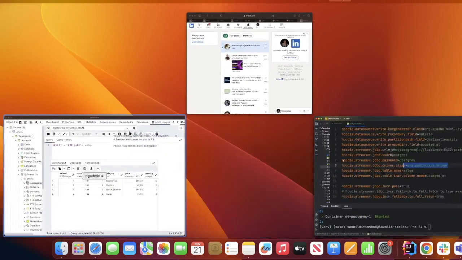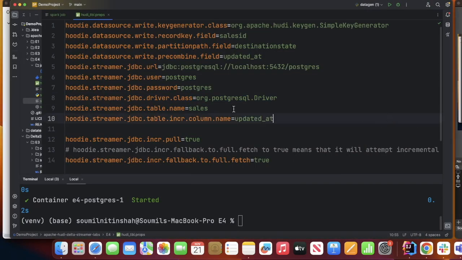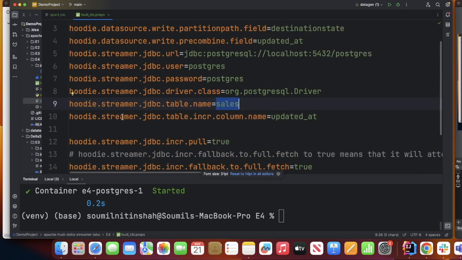The table name. So in Postgres, the table name is sales. Okay, so here we're gonna set the table name to sales. Hopefully the font size is visible. Now this one right here,